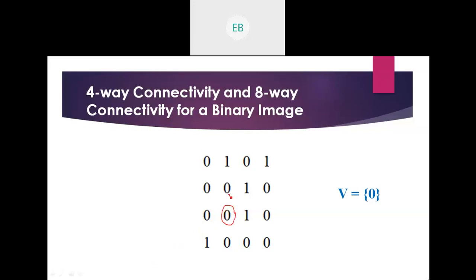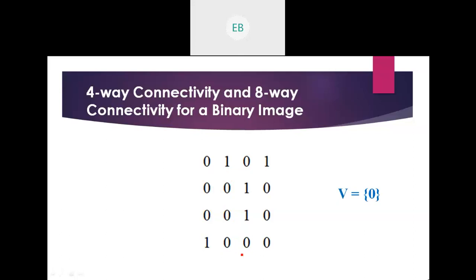Then again let's take this pixel. This pixel is horizontally connected, sorry, vertically connected to this pixel. The value is also the same. Again, you can see that this value is diagonally connected to this pixel. So here it is vertically connected, here it is diagonally connected, so it means it is 8-way connected, right? Did you get the concept now? The value has to be the same. This is 0, so for this also the value has to be 0, and this is also 0. You can take this also. This is also 0, so this is perfectly 8-way connected.